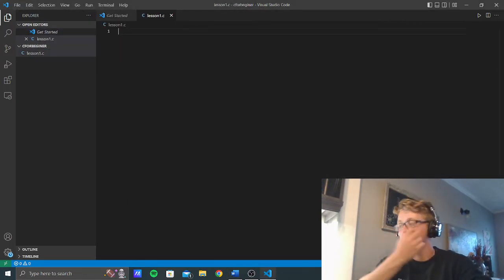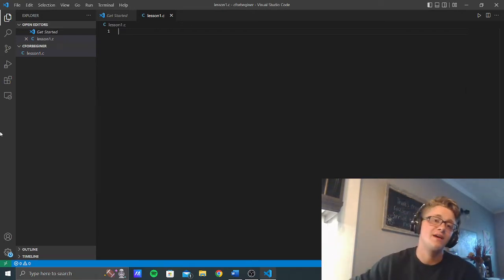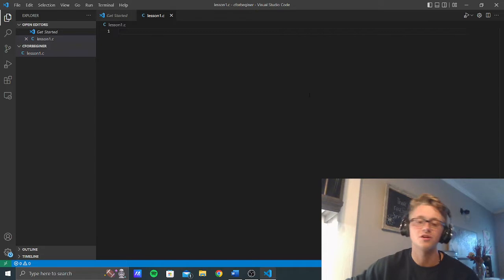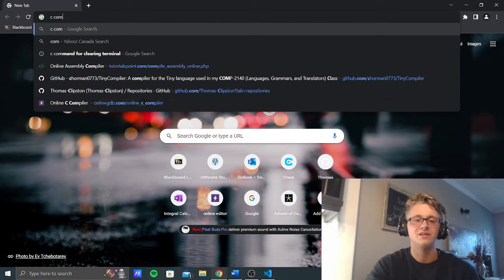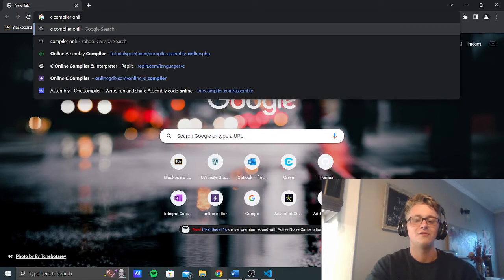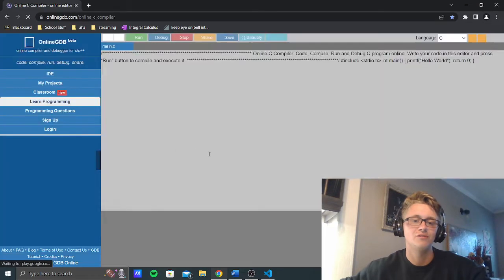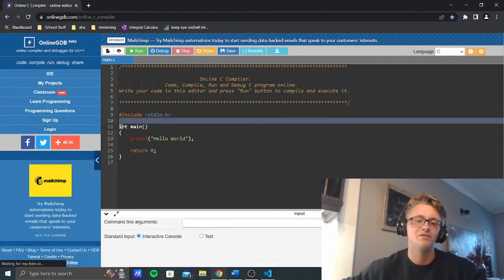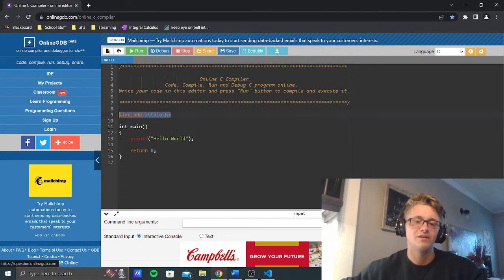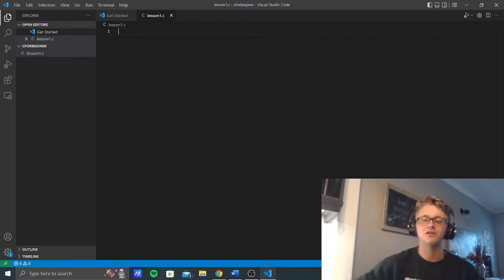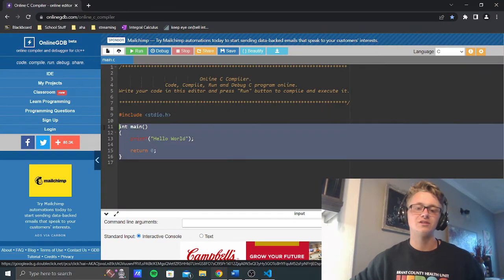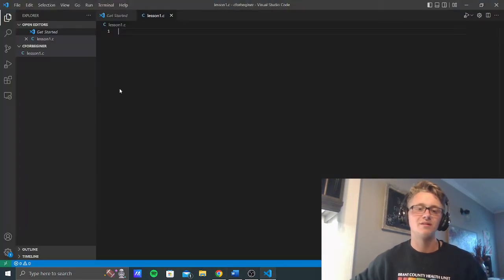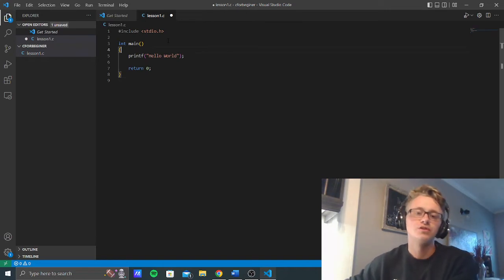Now, obviously, you might not have Visual Studio installed or the C extensions installed. So what I would say is go to your Chrome, open it up, look up C compile online, and you can just come here, and boom, this is a C compiler. It even gives you the main function and the standard library, which is what that means. We're not going to go too much into libraries today, but we are going to use this. So I'm actually going to copy and paste this because I don't even want to write this out. But, so when we're looking at this,